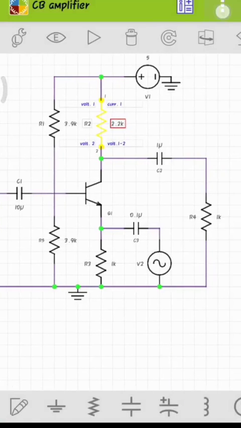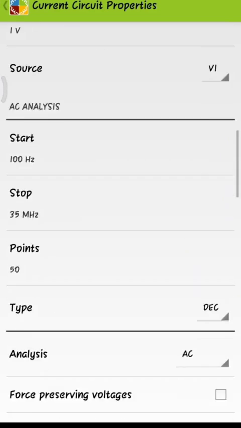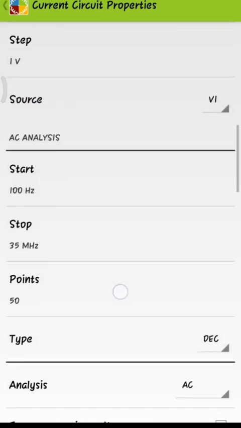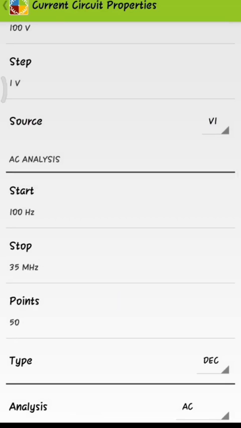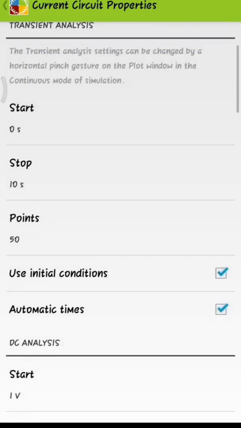Now we can check whether it is in the AC analysis. For that, go to circuit properties. This is in the AC analysis, and I have set the frequency from 100 Hz to 35 MHz and the voltage value from 1 volt to 100 volt.